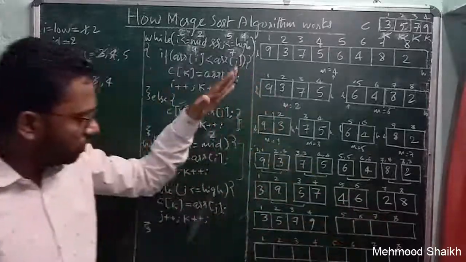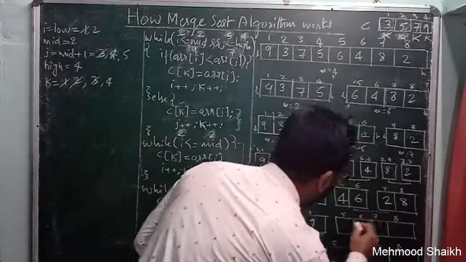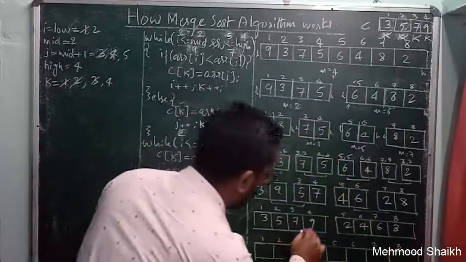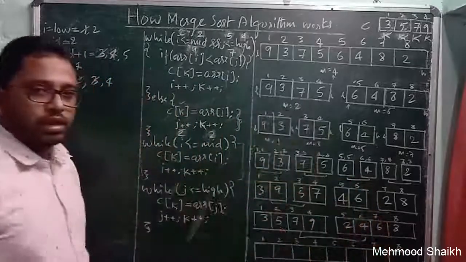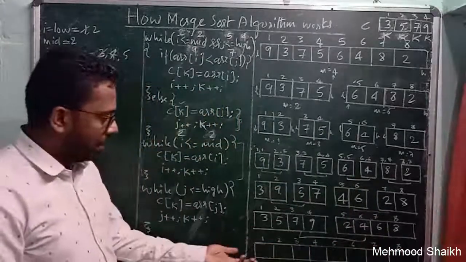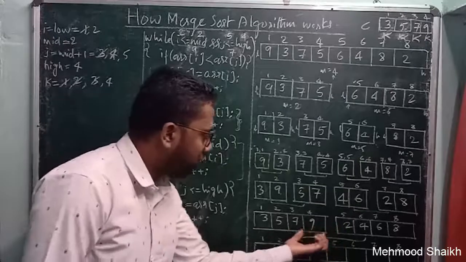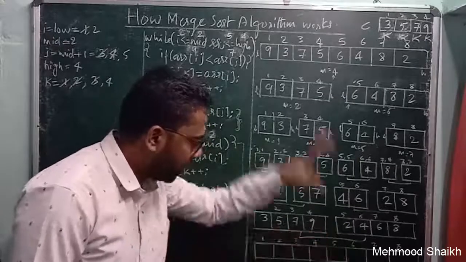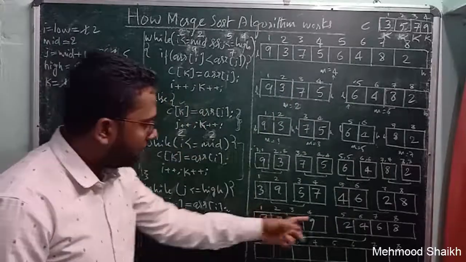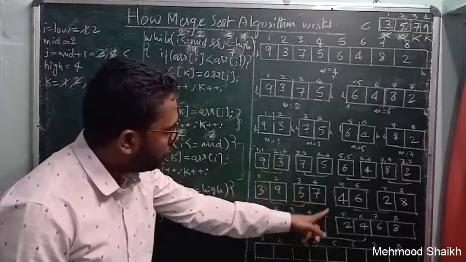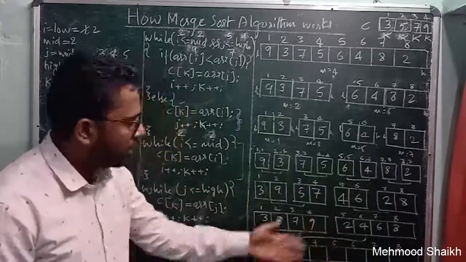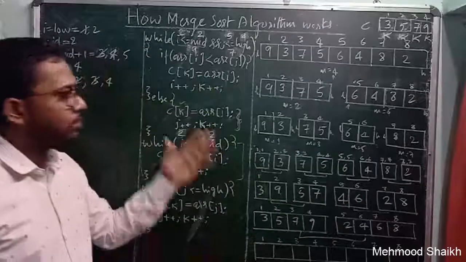Once you make the solution for these two sub problems, like 2, 4, 6, 8, you need to apply the same merge process on these two sub problems to merge them. When you are merging these two sub problems to make the solution for the largest problem, you can consider i as 1, and mid will be 4 at this time, and mid plus 1 will be 5, which will be j. Then high will be 8, and k will be 1.